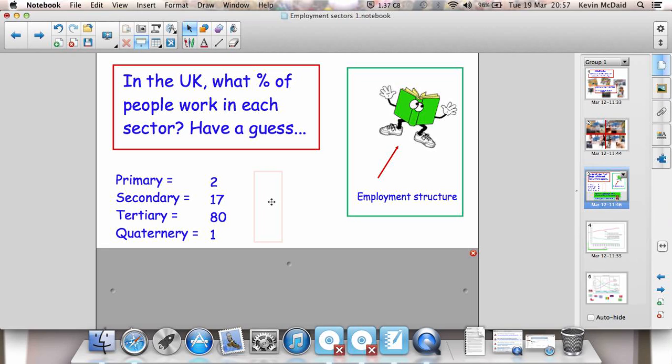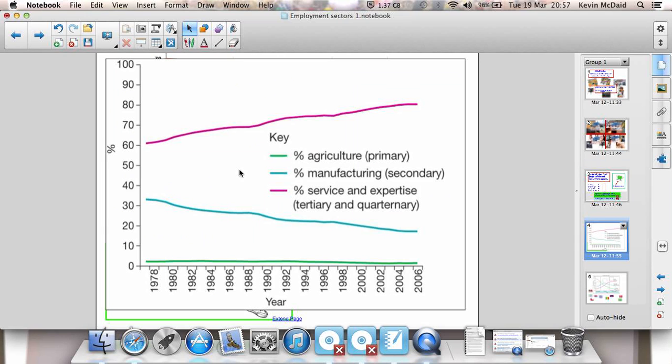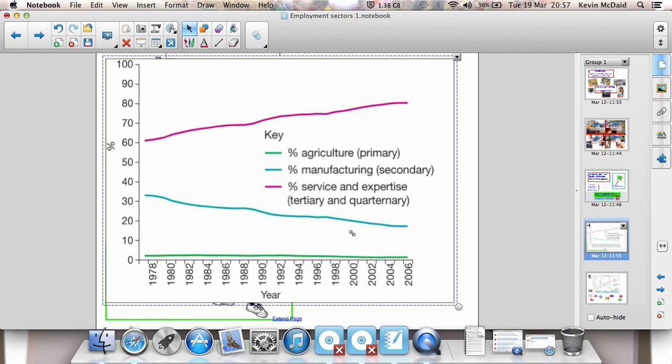It changes over time, so for instance this graphic here, from 1978 it's changed very slightly. Tertiary has increased from 60 to around about where it is now, 80%. Secondary has decreased from about 34 down to around about 20% there. But it's not just over the last 30 years or so that it's changed. If we go back even further,